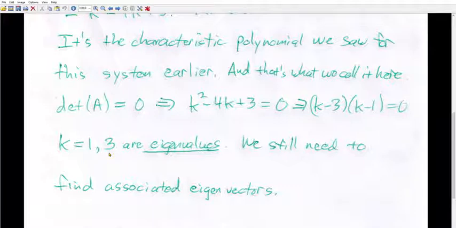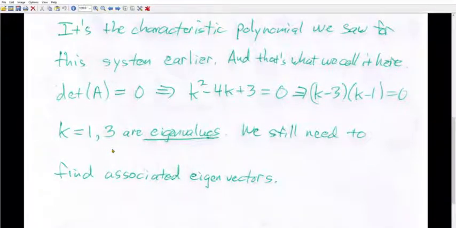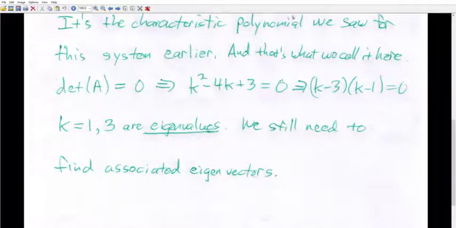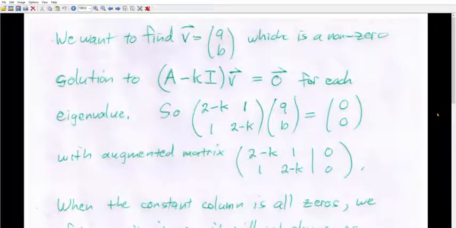Those are the values of K for which we're going to be able to find non-zero columns that solve the system. In other words, we're going to be able to find a non-zero eigenvector associated with 1, and a non-zero eigenvector associated with 3. We still need to find those associated eigenvectors. So we want to find V equals the column vector AB, which is a non-zero solution to A minus KI times V equals 0